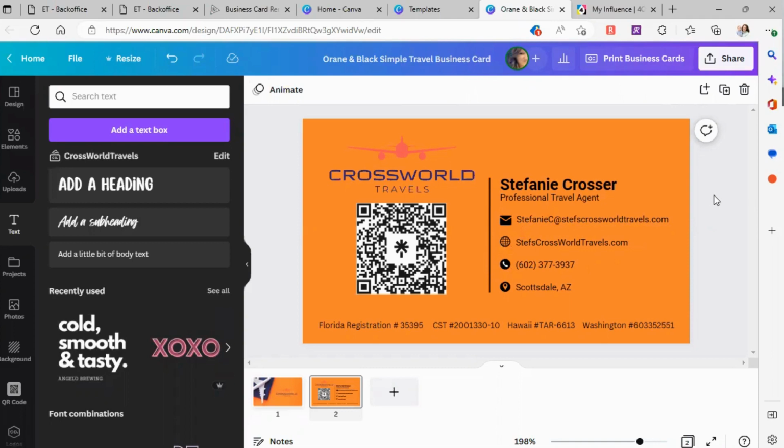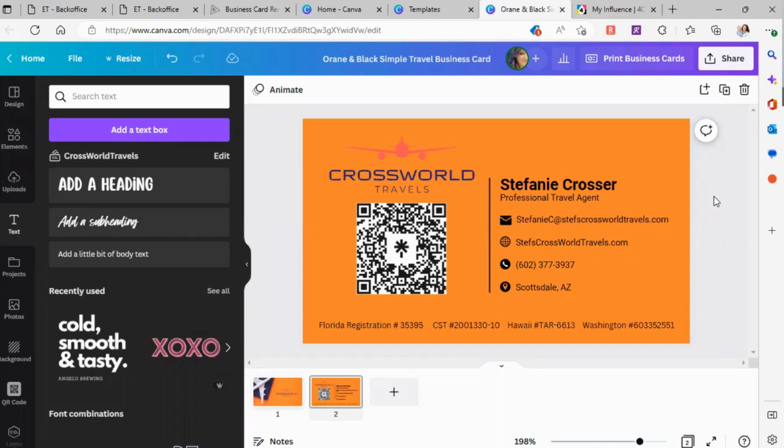So while it's on my computer screen, or you can actually create these via mobile, I will hold up my phone to the screen. I will click on the link or hold it up to see if the link comes up. I'll just double check that link, make sure that it does go to where I want it to go, so that there are no mistakes there. So now that I've got my business card ready to go,